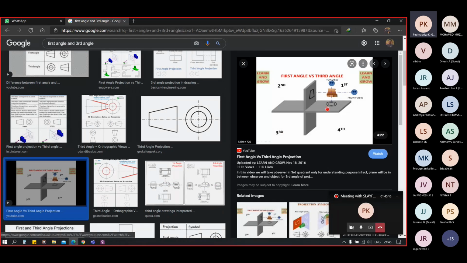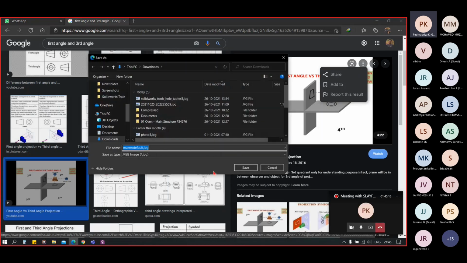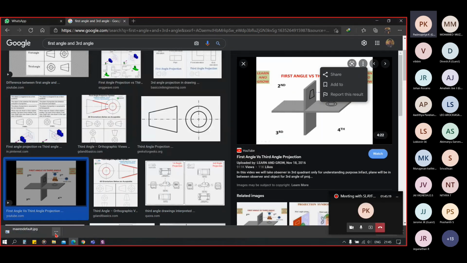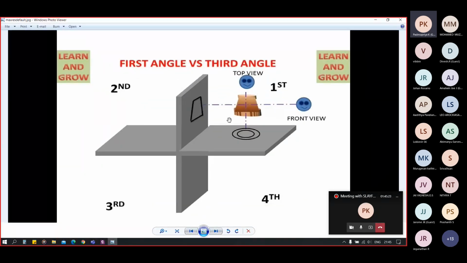Now you can see this body currently is in the first quadrant, and as you can see, its horizontal plane is below the geometry and vertical plane is behind the geometry, and the observer is observing from these directions.